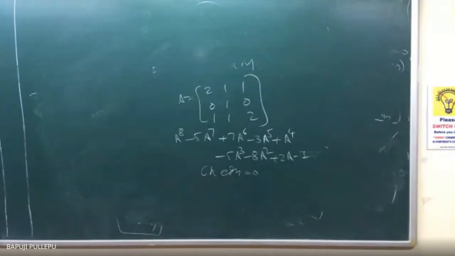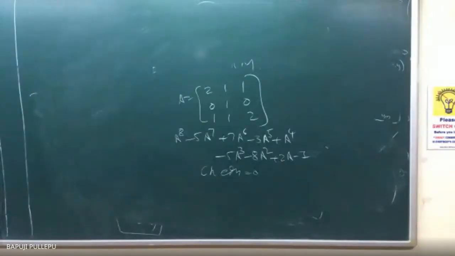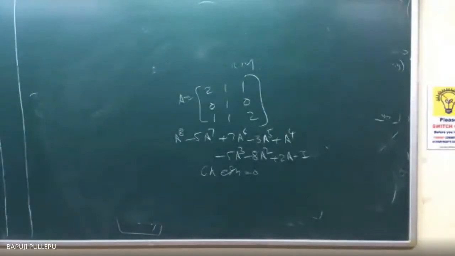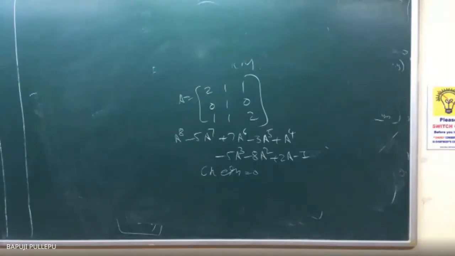So I'm getting lambda cube minus 5 lambda square plus lambda minus 3. Tell me again. Lambda cube minus 5 lambda square plus lambda minus 3. No, wrong. 7 lambda. Anyone again? Lambda cube minus 5 lambda square plus 7 lambda minus 3 is equal to 0. Anyone same, everything same. Any other fellow I can tell? Other than these boys, any one of you tell what is the answer?